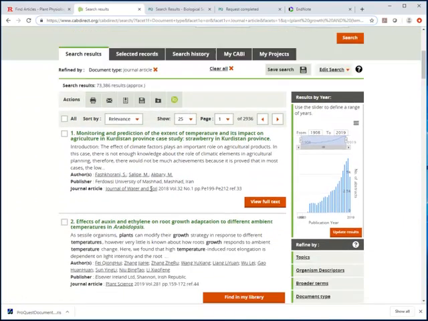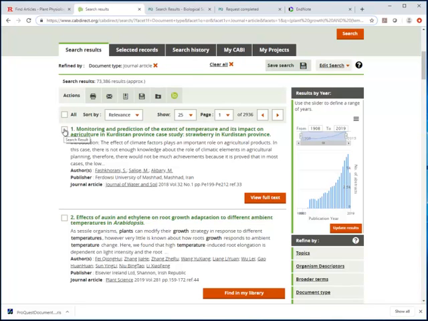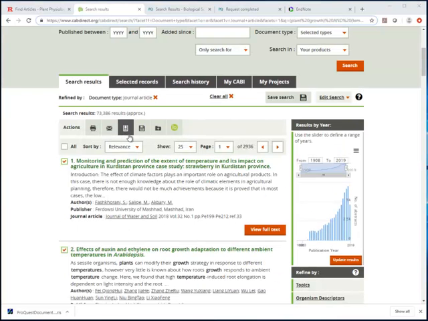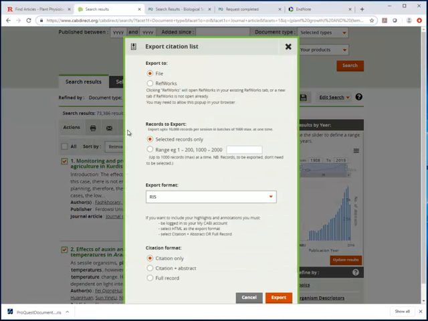And now in this case, we select the items of interest, and at the top there's an icon that says download or export selected records, so we can click there,